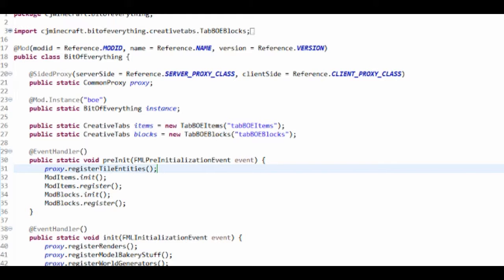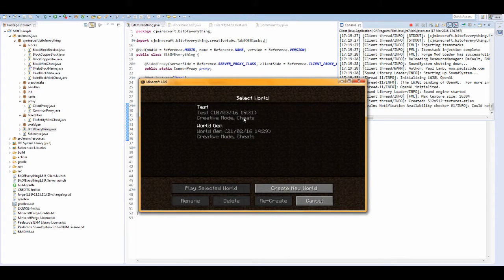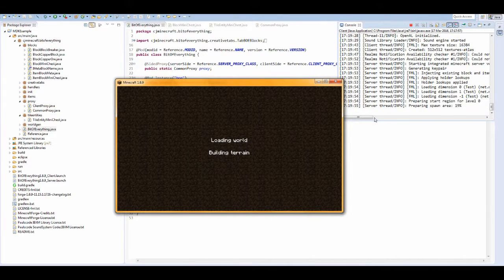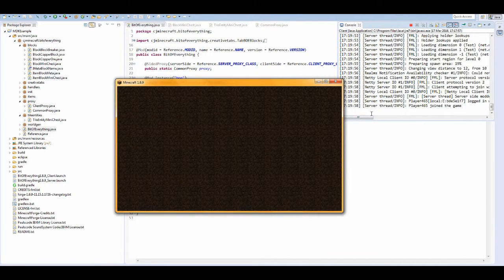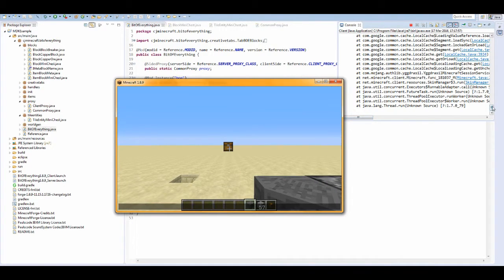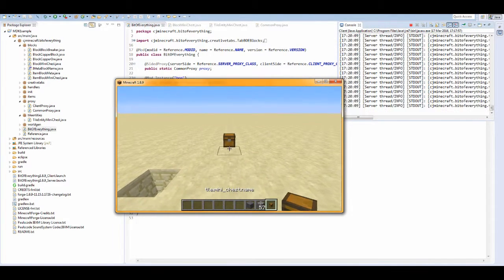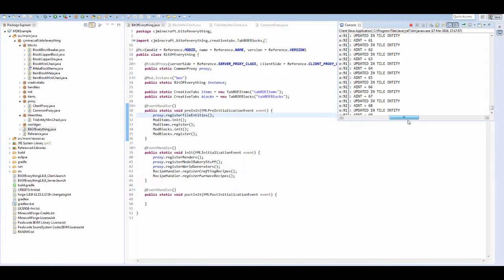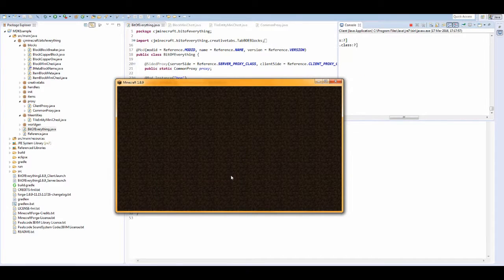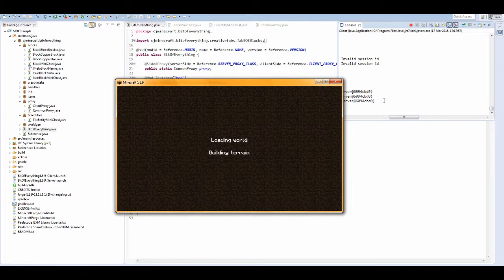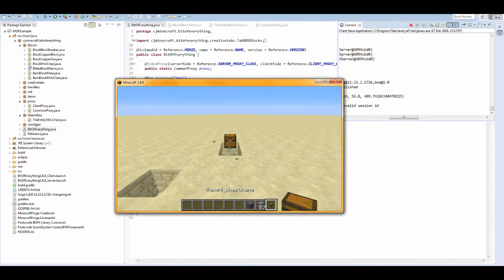So if we run our game, we should see that everything works, so let's just wait for the game to load up. Okay, so the game is loaded up. So if we go into our test world, now we should see straight away something happen in chat, because we already have the chat in the game, and that's just one about the client has received too many stuff. So we do in fact have to place it down again, and there we go, it's spamming my chat. That's increasing, so save and quit. If you just reload the world, and we should see that it's 60 odd or something,